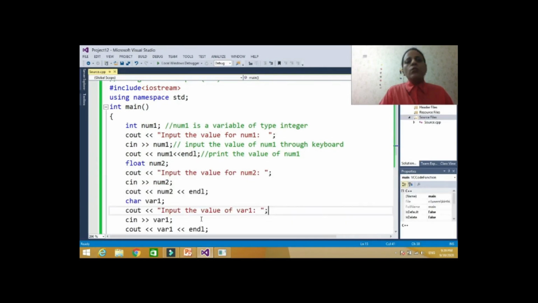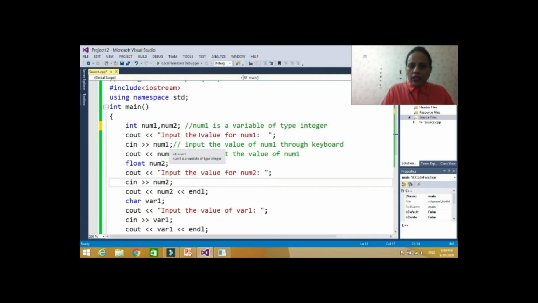So this is about a single variable. We can take two variable inputs with one cin also. First, we can again write cin, but from one cin we can input more than one variable. Here we have another variable num2, and I can input both with the help of one cin, the value of num1 and it should be num3, because num2 we already have here.